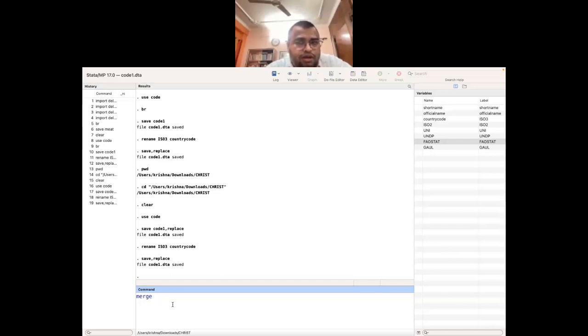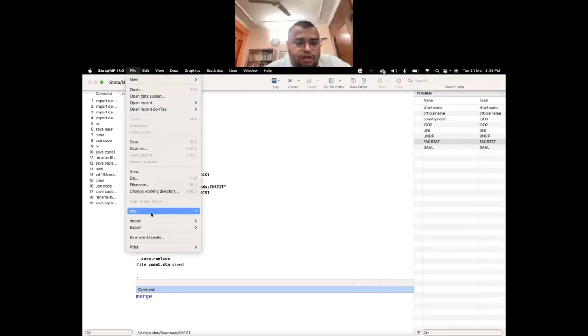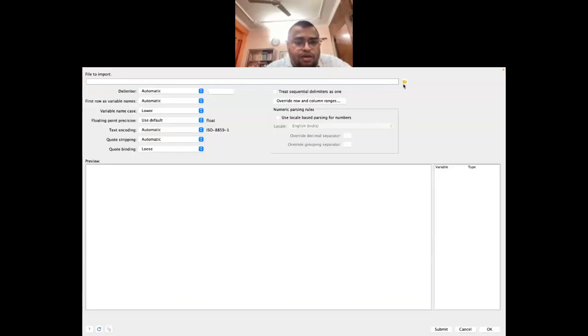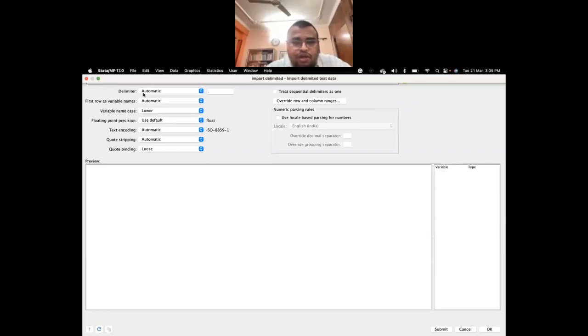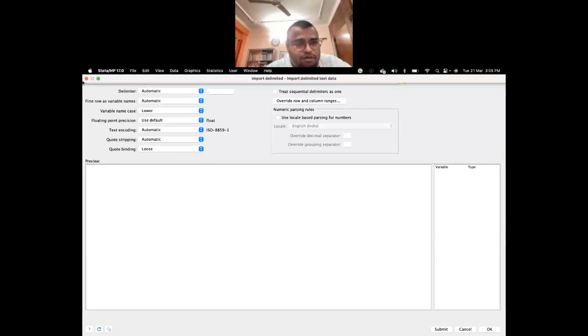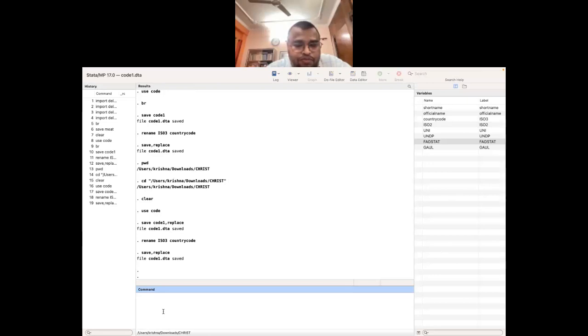So you import that data file. Go to the file, then import, then text data, locate your file, and then click on submit and then OK. I'm not going to do that for fear that my computer will hang again. Otherwise, if your CSV file is in your current directory, let me clear this one, then you type